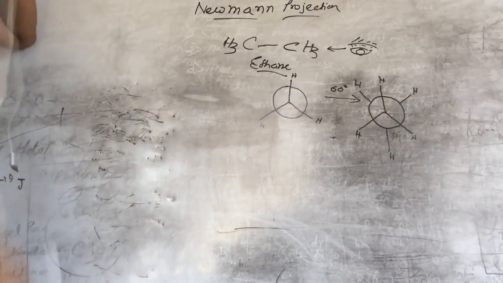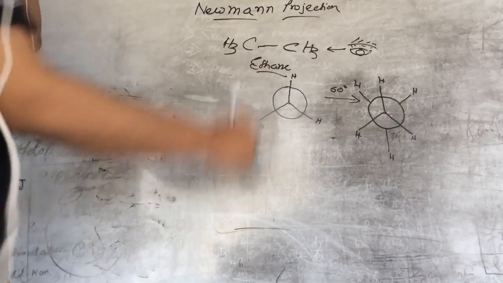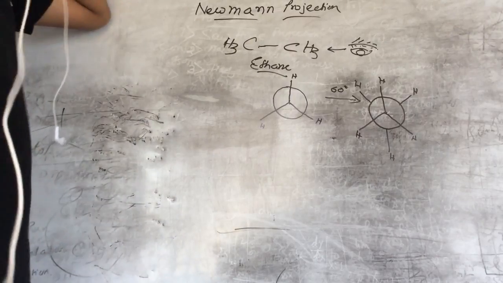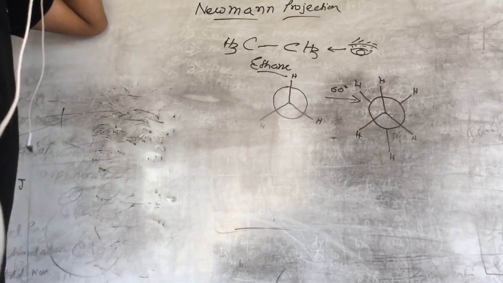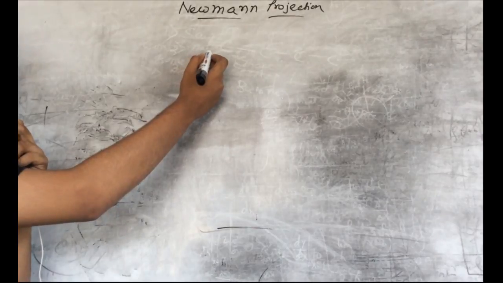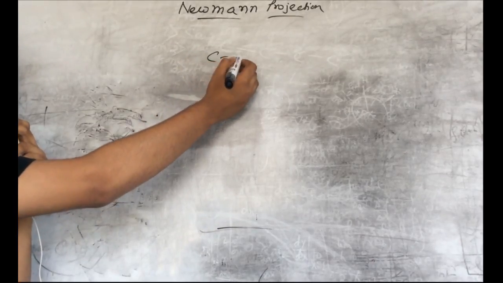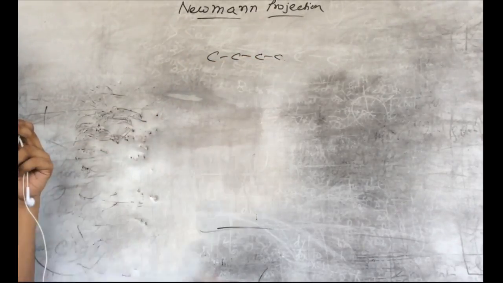Okay, so now here 2 carbons are present. If there were more carbons, suppose 3 carbons or 4 carbons, then what would we do? So let's take a molecule which has more than 2 carbons. Let's take butane, and